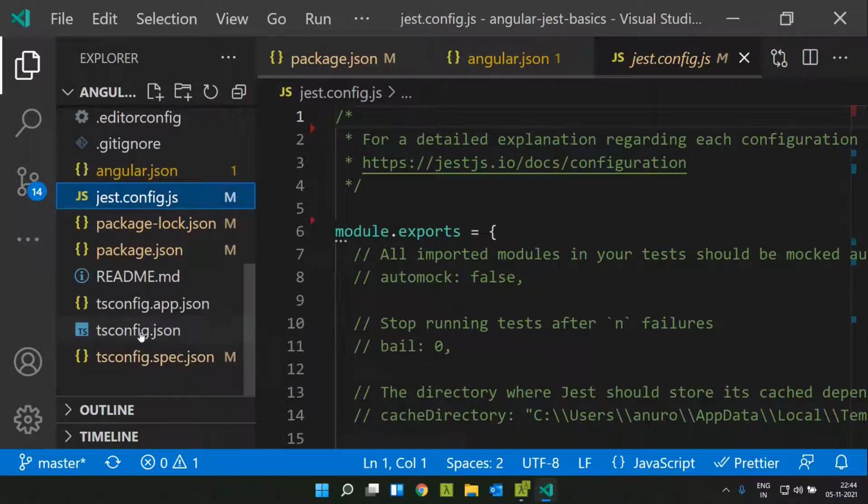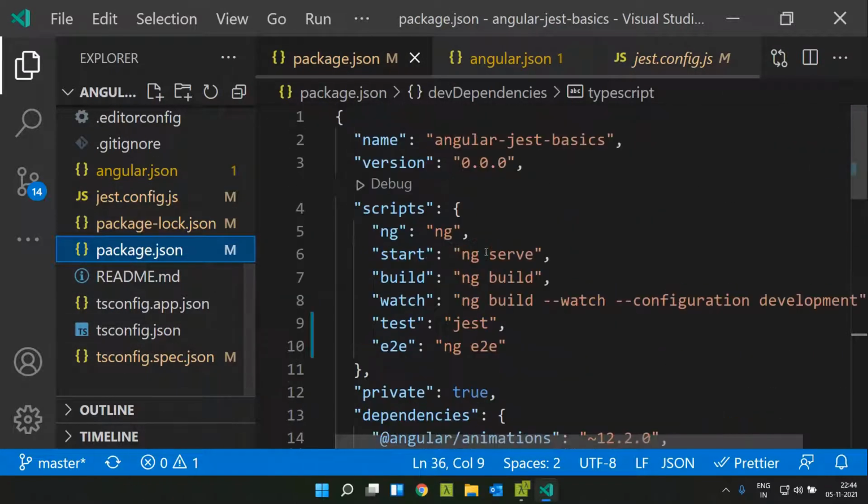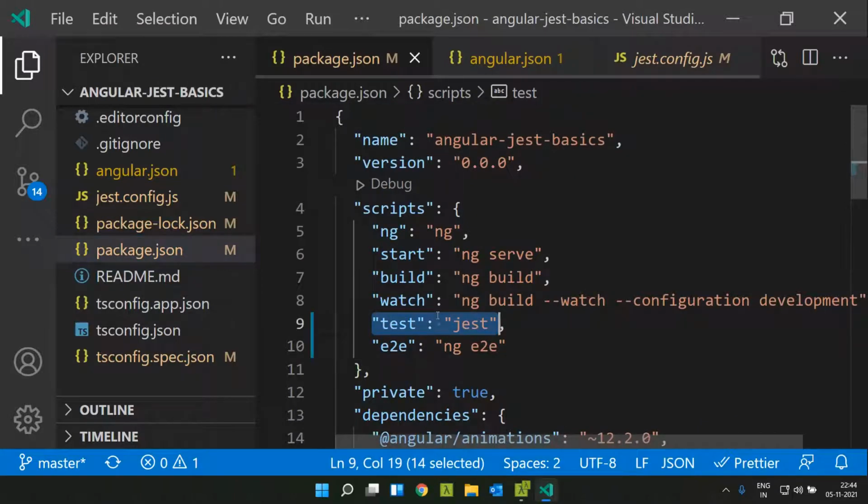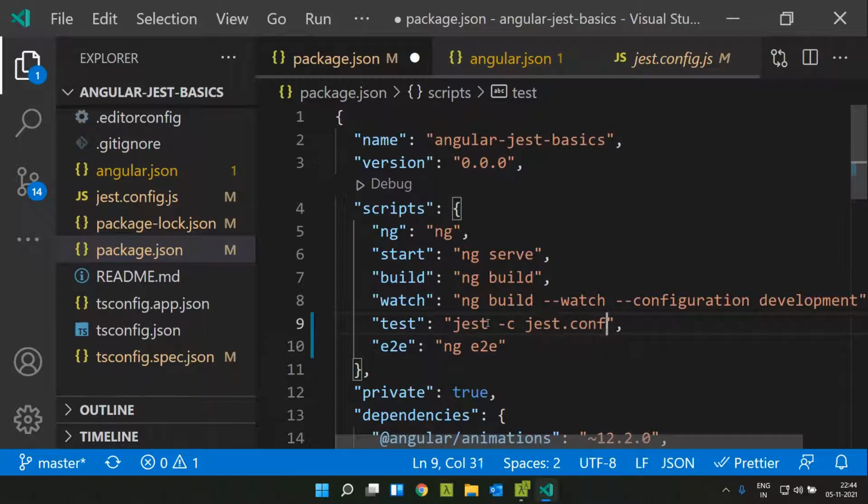Now if you go to the package.json, you can see that an npm script has been added which is calling Jest. Here we can pass the Jest configuration, jest.config.js, and we can give the input as source. So all the test spec files within the source folder will be run.